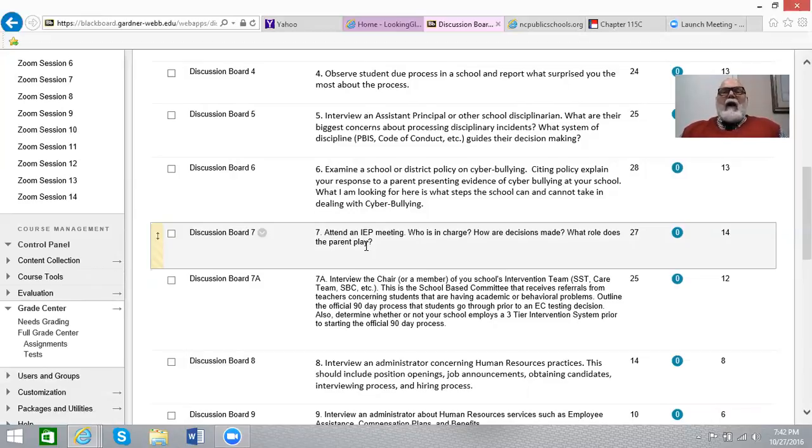Again, there's a link to those rights on our Zoom session 8 tonight. You need to understand that. Parents aren't second-class citizens in those meetings anymore. And then the next one is on 7A, again, that's why it's 7 and 7A: interview the chair of your intervention team. This is the school-based committee that receives referrals. Outline the 90-day process prior to EC and then the 90-day after that, because everybody does MTSS. That's why I had those two questions in there tonight. So if you didn't understand them, hopefully if you view the video tonight and see the materials under Zoom session, you'll understand that